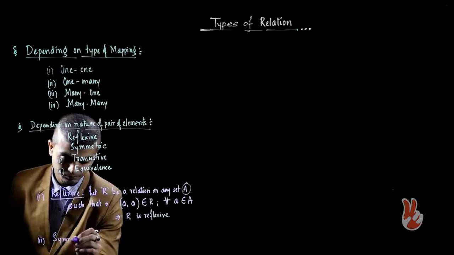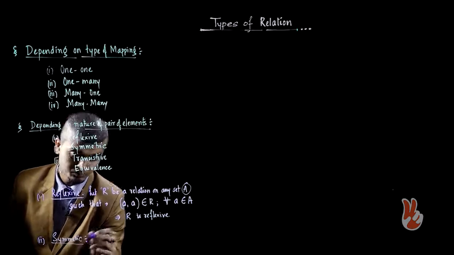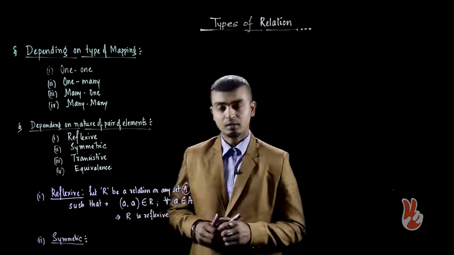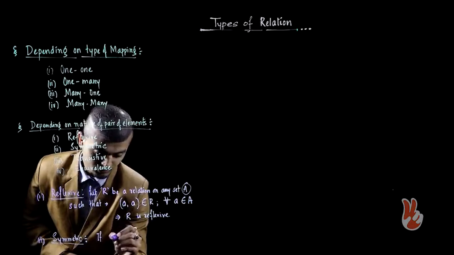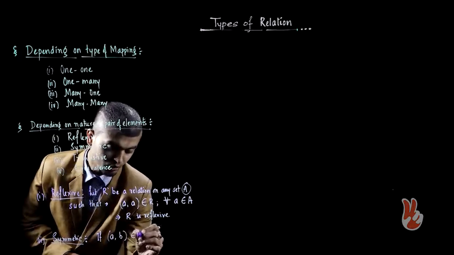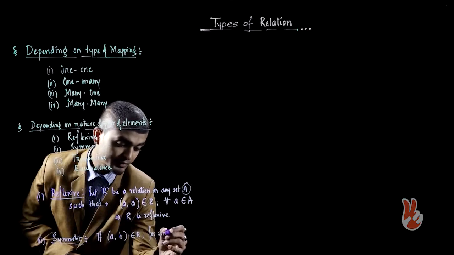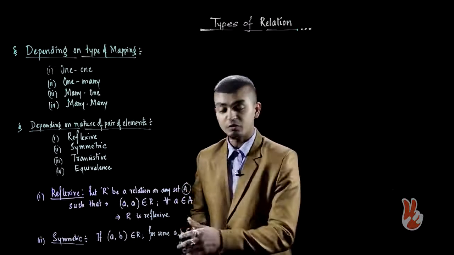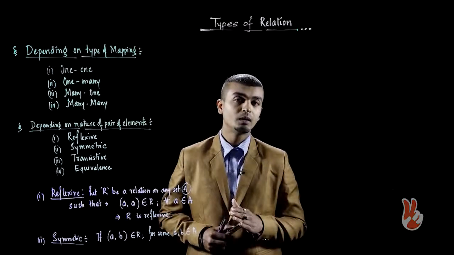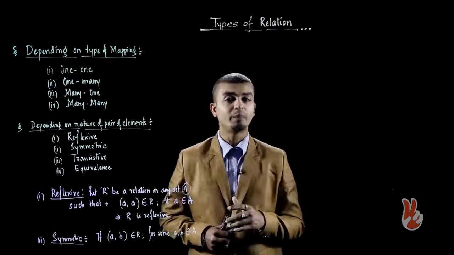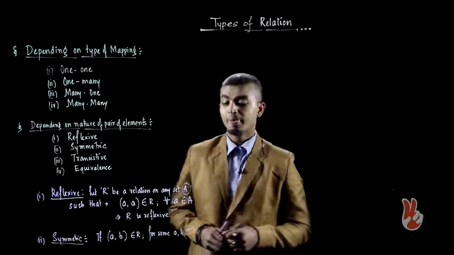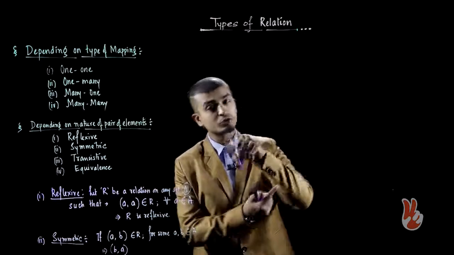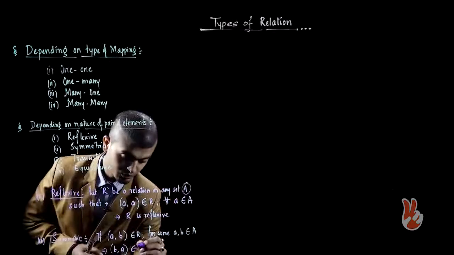Number 2 is your symmetric. So again, let R be the same relation defined on the set A in such a way that if the pair (a, b) belongs to R for some value of a and b belonging to the given set A. Remember, I am not saying for all, I am just saying for some a and b belonging to the set A, if there is a pair (a, b) in the relation R, this implies the reverse of this pair (b, a) is also present in that relation itself, belongs to R,